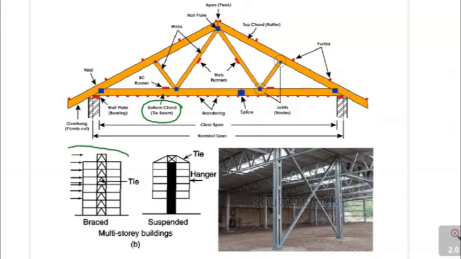These bracings can also be seen in multi-storied buildings. These bracings are helpful to the structure in case it is subjected to wind loads or earthquake loads. When lateral forces, because of wind or earthquake, are acting on the building, the structure is going to sway either to the left or to the right based on the direction of the wind force. And these bracings will give stability and strength to the structure.